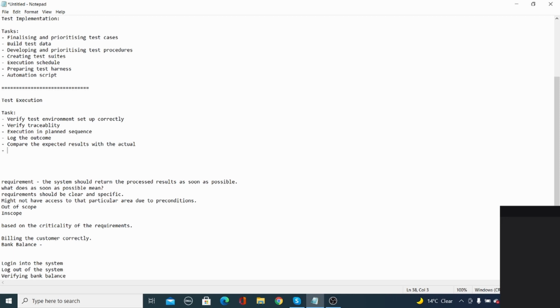No? Okay, let me explain. 2 plus 2 equals 4. This is your expected result, but the result has come as 5. So you can identify whether the test case passes or fails when you compare the expected result with the actual result.